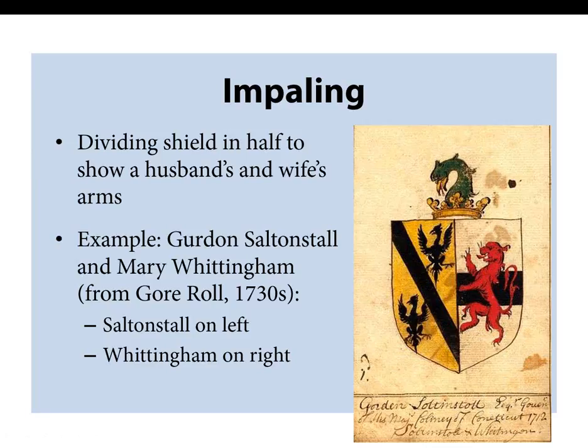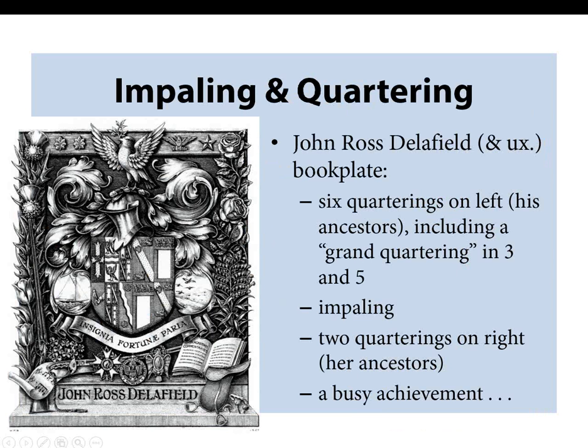Again, like quartering, it helps us to identify a particular depiction of a coat of arms with a particular individual, but there are other issues there as well. The next slide is just one example of very elaborate impaling and quartering, and how it's sometimes difficult to tell what's going on. I'm going to place a red arrow on the left side of the shield, which we call heraldically the dexter, the husband's side of the shield, of this beautiful engraved bookplate for John Ross Delafield, an American